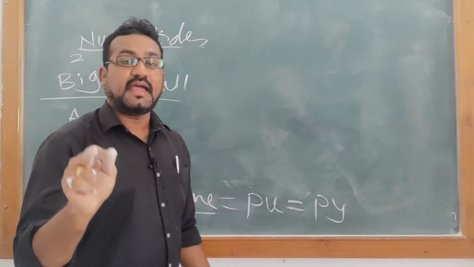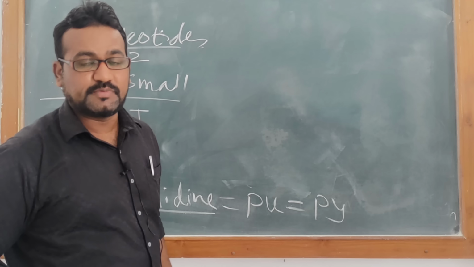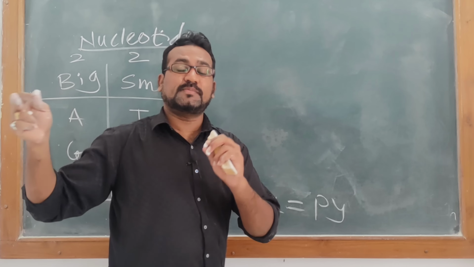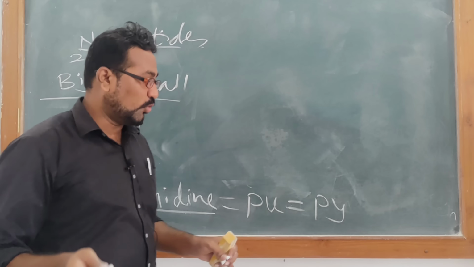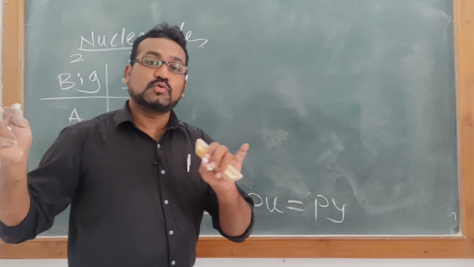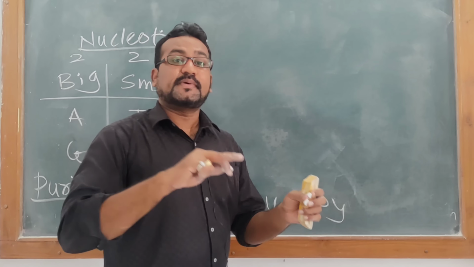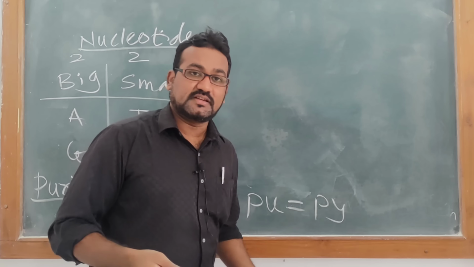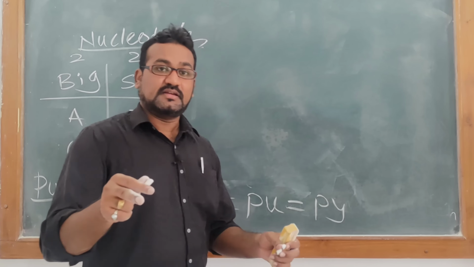Means which things are present in one nucleotide. We have seen DNA is made up of 4 different types of nucleotides. Out of 4, 2 are purine and 2 are pyrimidine. Purine always pairs with pyrimidine as we have discussed here. But how does a nucleotide look? If you talk about one nucleotide here,